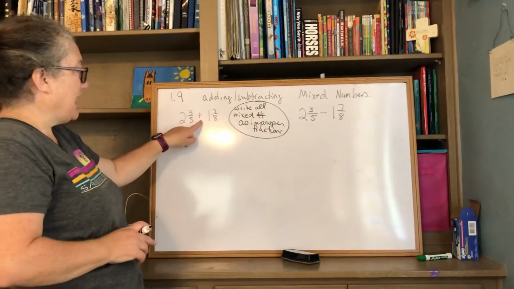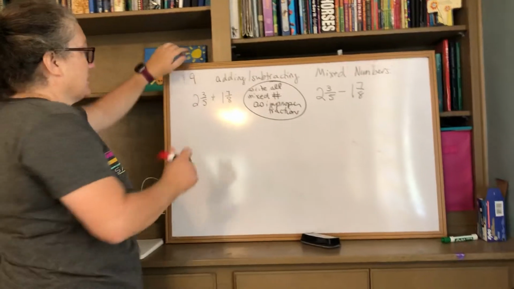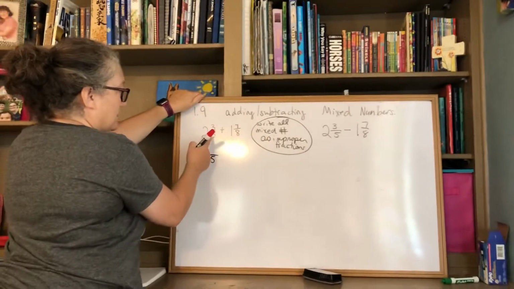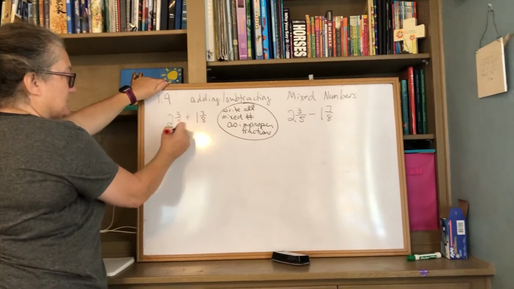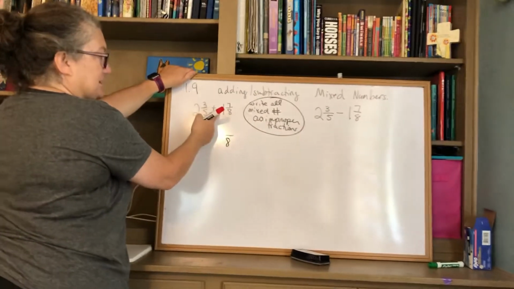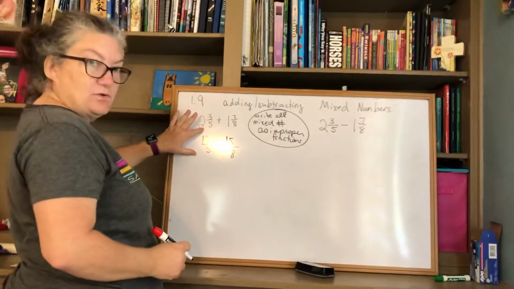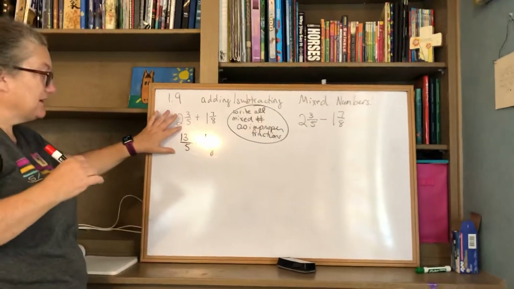So we see that we're adding mixed numbers. So the first thing we do, change this to improper. So we keep the denominator. 5 times 2 is 10. 10 plus 3 is 13. Plus 8. 8 times 1 is 8. Plus 7 is 15. And then we have just two improper fractions, and just like the last video, when we